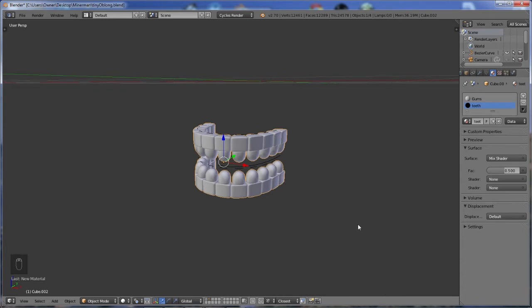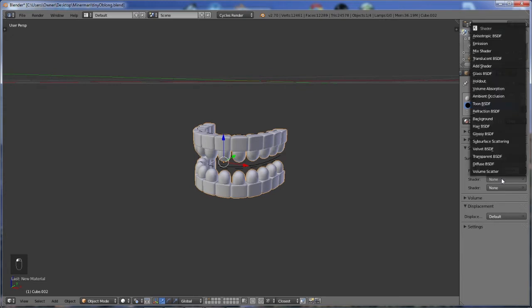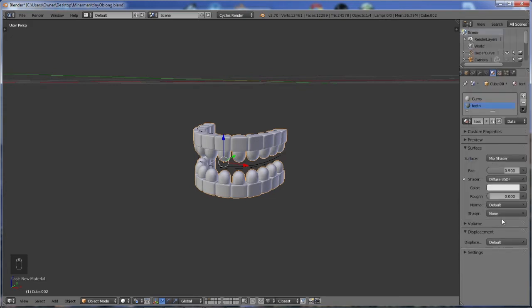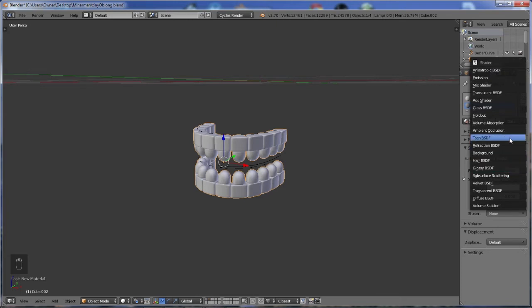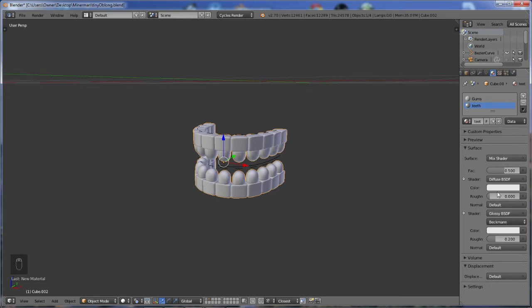I want to give you guys a little bit of time to allow me, my voice, and my way of thinking, my techniques to marinate, before we get too deep into the possibilities of Blender. So with our mix shader chosen, let's add a diffuse, and let's add a glossy so we can get that slight reflective look